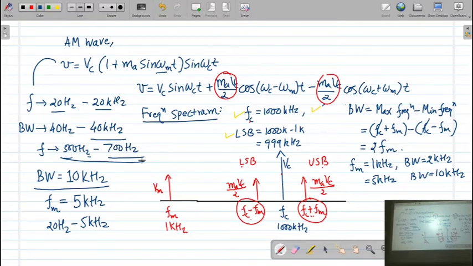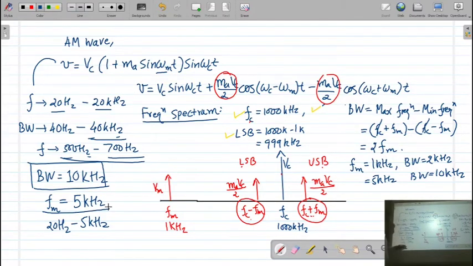And that's why at that time it was decided that the bandwidth of the AM transmitter should not be more than 10 kilohertz. If it is 20 or 30 or 40 kilohertz like this, then the number of stations will reduce. We are not discussing that now; we will discuss it when we learn about the radio receiver. But just now you have to remember that the bandwidth of the AM transmitter is fixed, and that is 10 kilohertz, and that's why we cannot transmit our information more than 5 kilohertz.